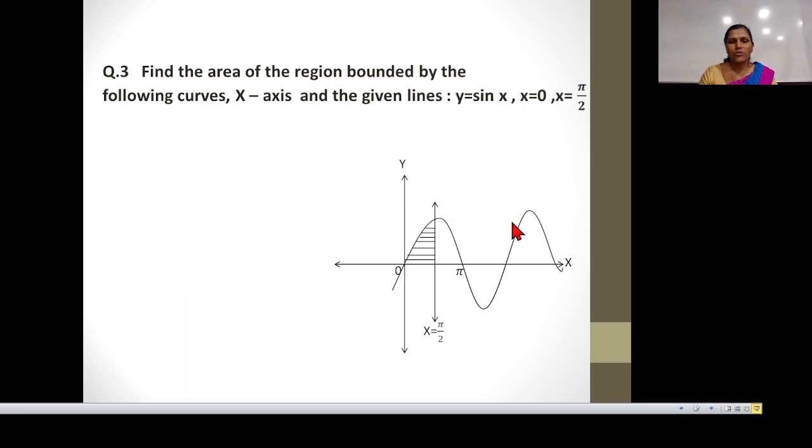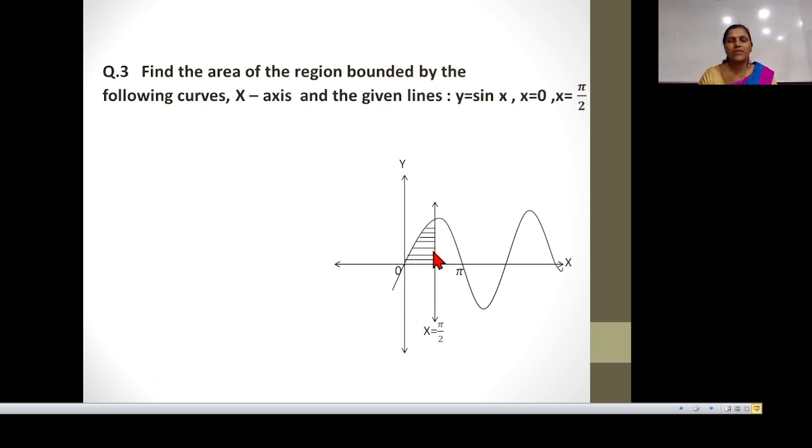So let us talk about its diagram. We have taken here the x-axis, y-axis, and we will draw the line of y is equal to sin x. That is, this is the curve of y is equal to sin x. So in this curve, we will consider the region in between 0 to pi by 2. So this is our point x is equal to 0 and this is our point x is equal to pi by 2. In these 2 points, we get this shaded portion as our required region.